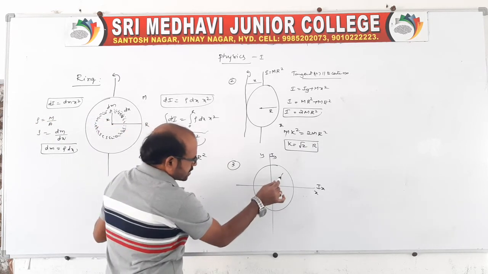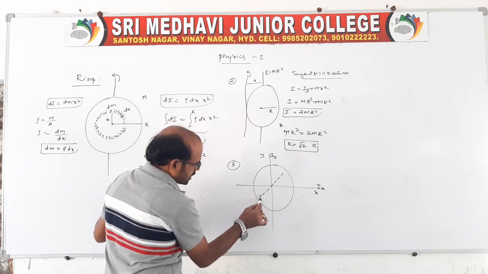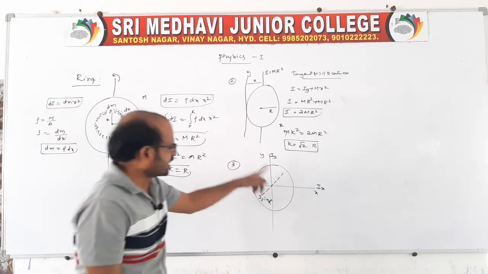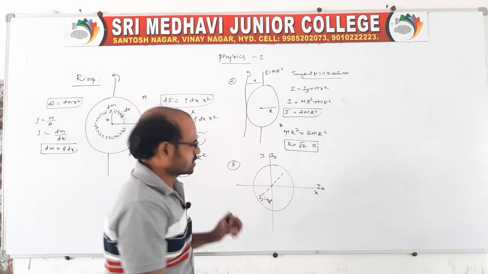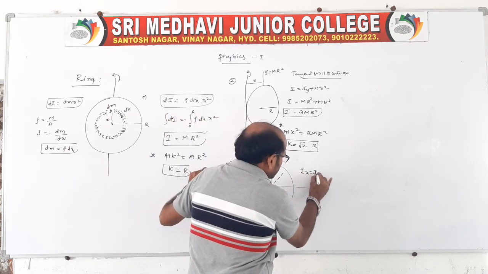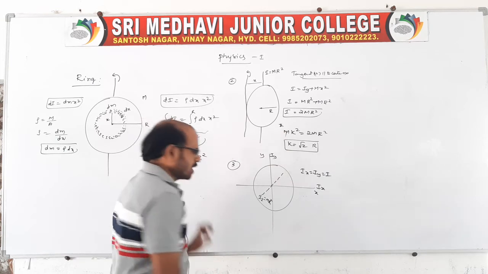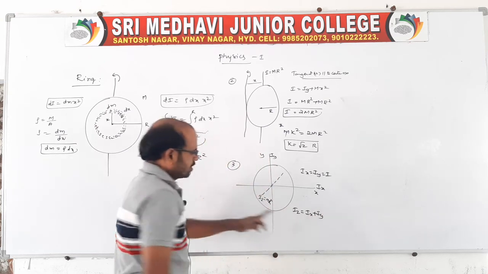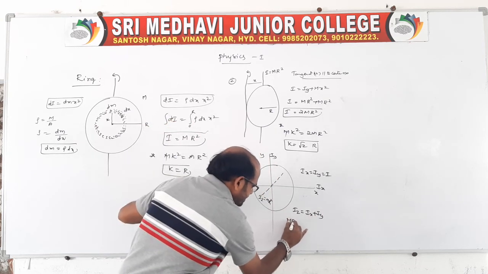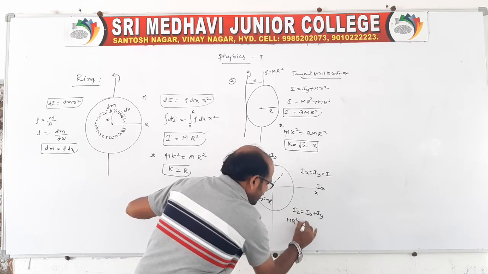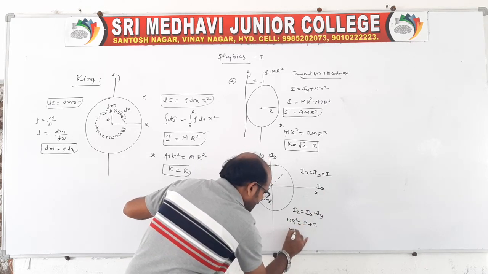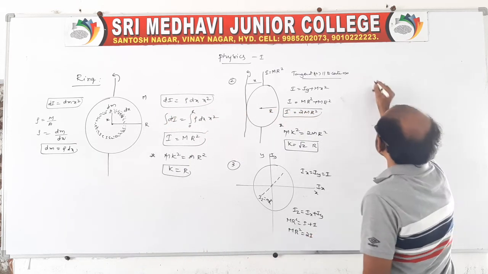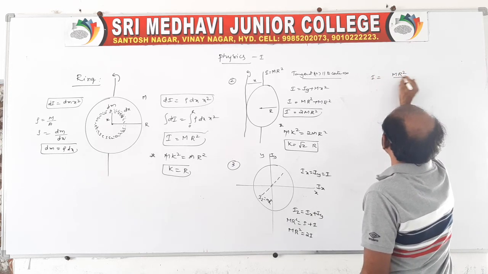So you draw it like this. It is Iz is equal to mr square about a center axis. Now these three are mutually perpendicular axes. So of course the diameters are equal, Ix is equal to Iy, you say I. Now according to the perpendicular axis theorem, Iz is equal to Ix plus Iy. What about Iz? Mr square about a center axis. And what about Ix and Iy? Equal, no? You say I plus I. So that mr square is equal to 2I. Then I is equal to, about a center axis, mr square by 2.